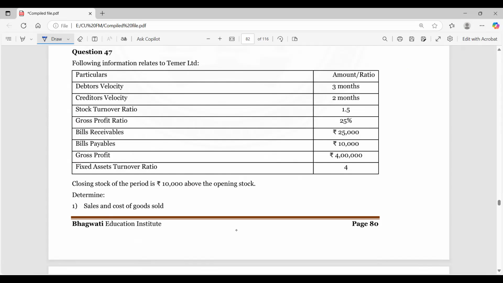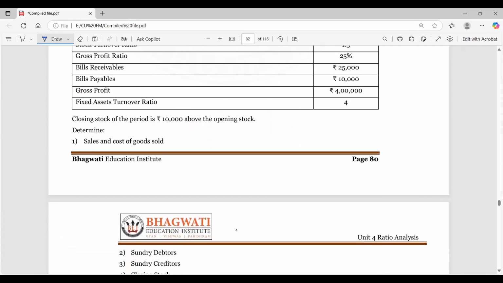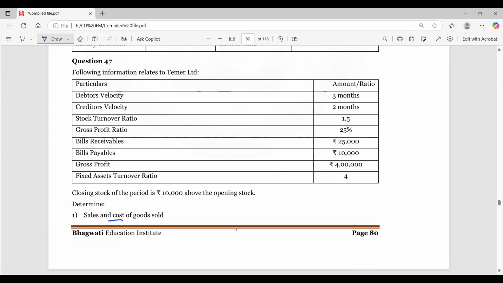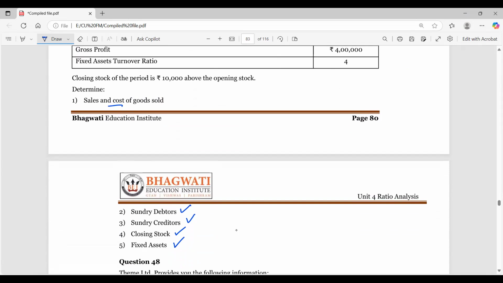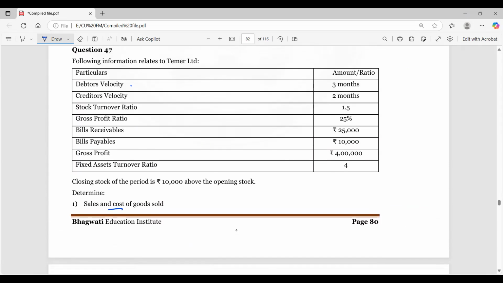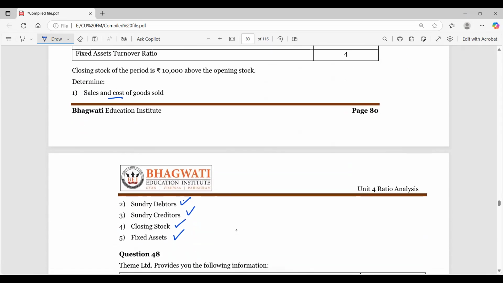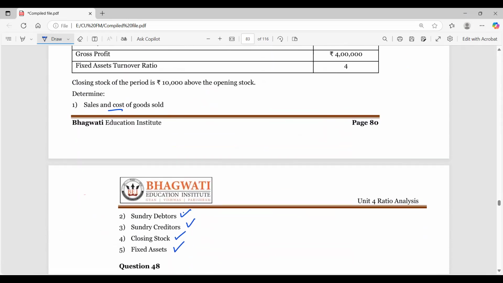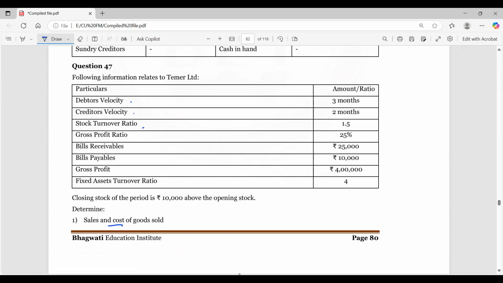So first, look at the requirements of the question. First requirement is to calculate sales and COGS. Then sundry debtors, sundry creditors, closing stock and fixed asset we have to calculate. Now look at the question. They have given debtors velocity and this can be used for calculating sundry debtors. They have given creditors velocity which can be used for calculating sundry creditors. Stock turnover can be used for calculating closing stock, and gross profit ratio can be used for calculating both sales